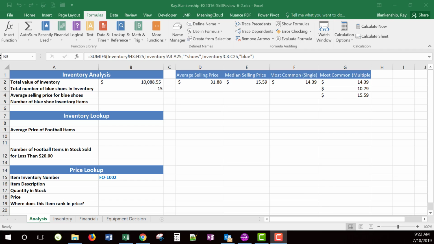Okay, welcome back. We're beginning part 2 of our skill review for 6.2, and we're starting with step 9. So we just finished getting our total number of blue shoes in inventory, and we had to use a SUMIFS function. And now we want to know the average, the median selling price, and the most common of those values. So what we've got here is we're going to have to use the same sort of logic that